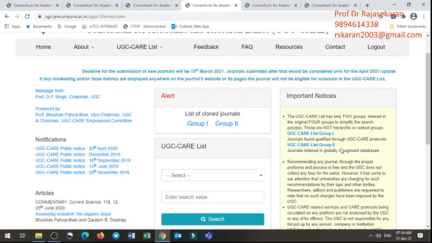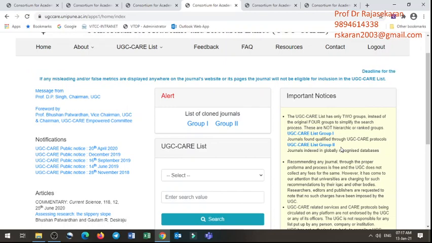So UGC group 1, comparatively, may not be of such international standard, but UGC has its own norms. If that particular journal fulfills those norms, it will be in UGC group list 1. And if you publish in UGC CARE list group 2, it is of higher quality, because the same journal could also have been listed in Scopus and Web of Science. That you need to verify, and that's why UGC CARE list 1 and list 2 are different. One is at the Indian level, another at the international level.